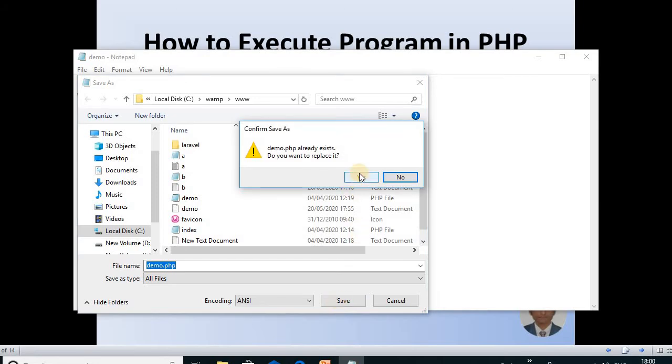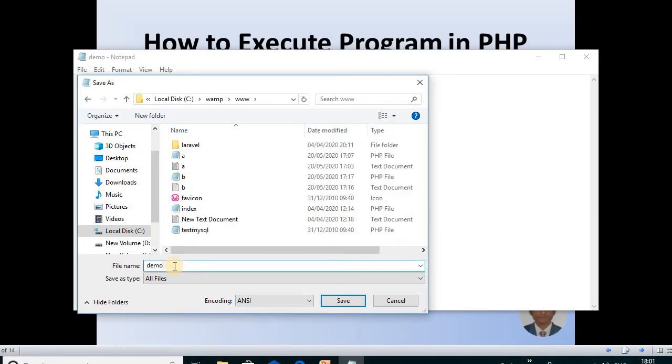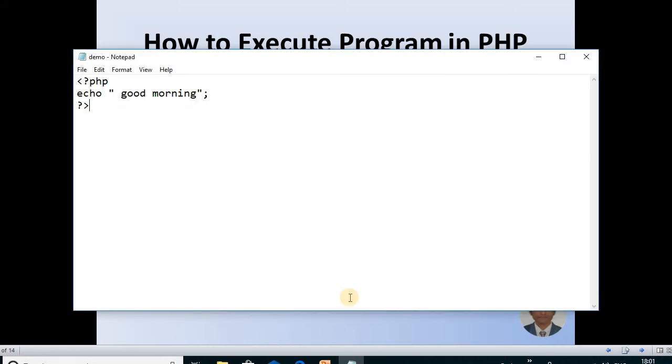After clicking the save button, select demo dot php, select save as type all files, then select the save button. Like that you can save the program in PHP. So it is ready to execute on the WAMP server.